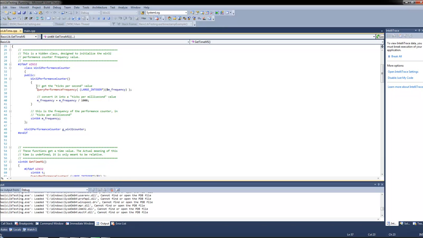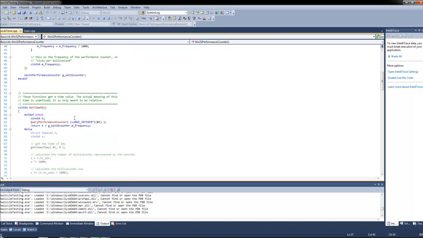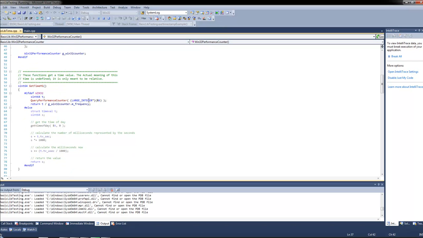But in this class we do the query performance frequency that was shown in the slides, and what we do, we have to typecast the 64-bit integer because this is the standard Windows function, so it can't take 64-bit values. Don't know why, but that's the way it is. So this is what we do, and these are all the calculations we have to do. And then the get time milliseconds is the base function from which we can further take minutes and hours, days,